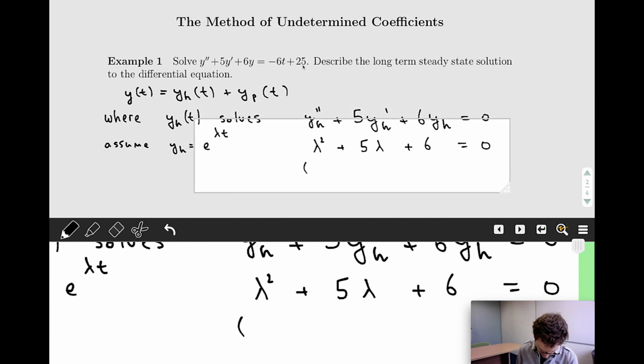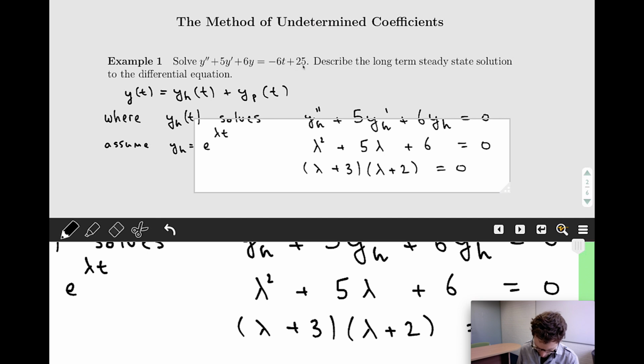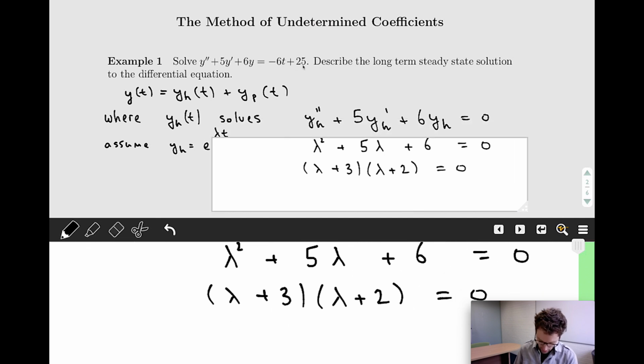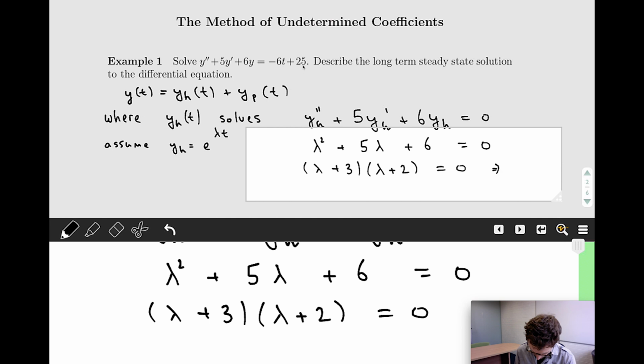So let's factorize that. This has factors lambda plus 3, lambda plus 2 is equal to 0. Something times something is equal to 0, which means that I get roots lambda equal to minus 3 or minus 2. So these are two unequal real roots,